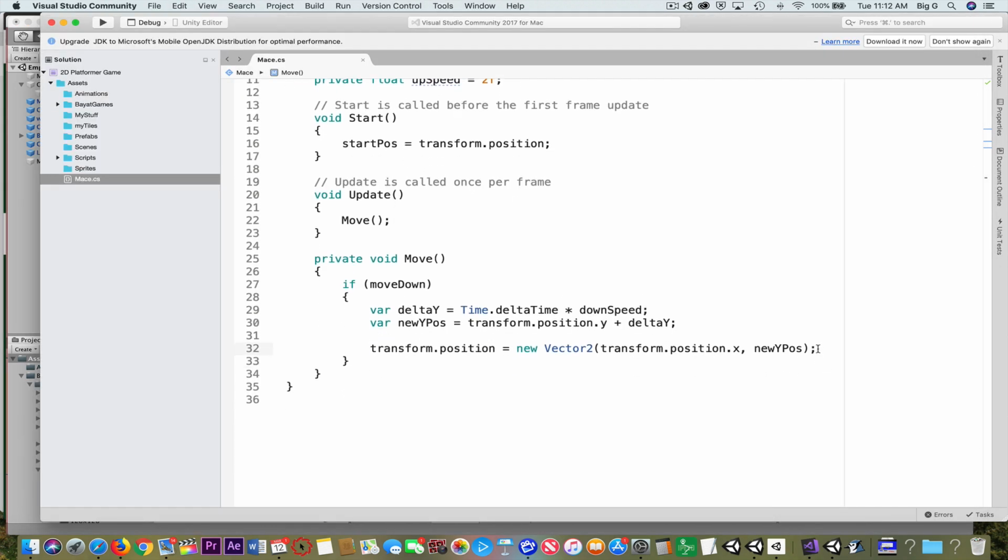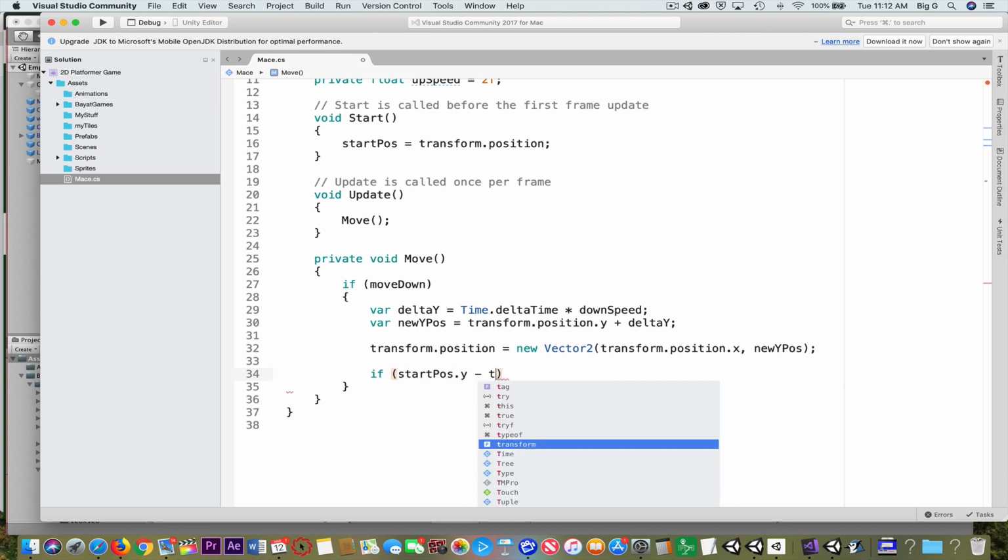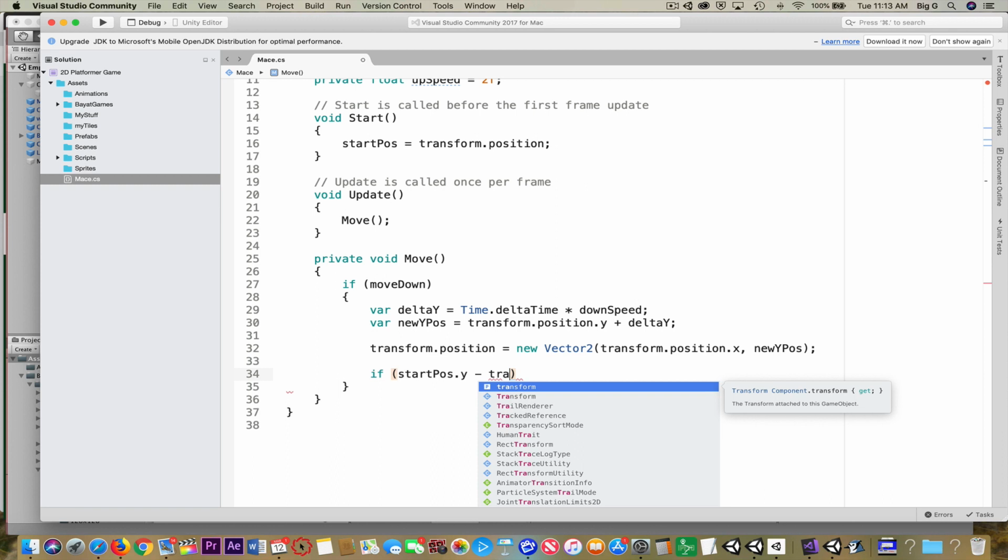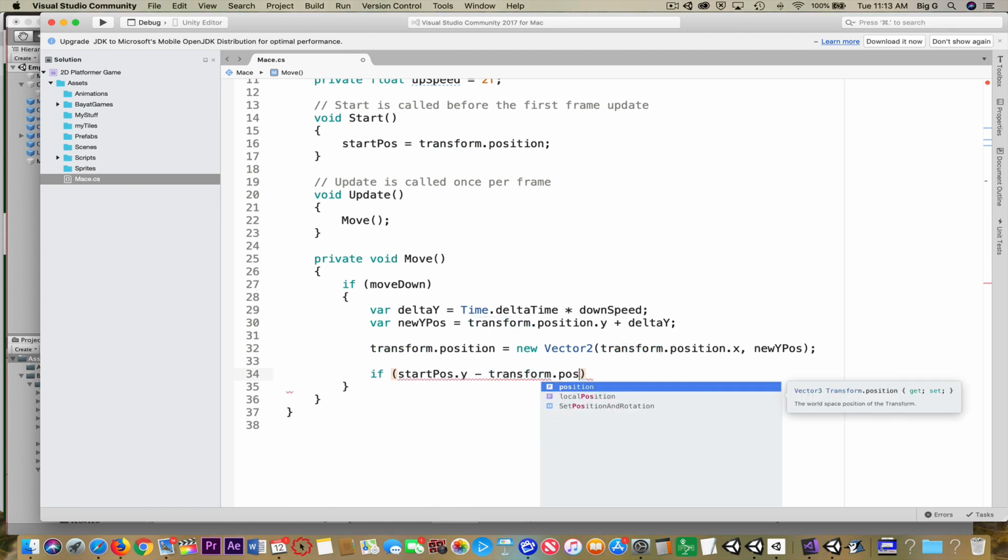And after transform.position, I want to know, well, if my start position, which we got earlier, dot y, so whatever its y value is, minus its current y position, which is transform dot position dot y, if that is greater than 3.5, we're going to do something